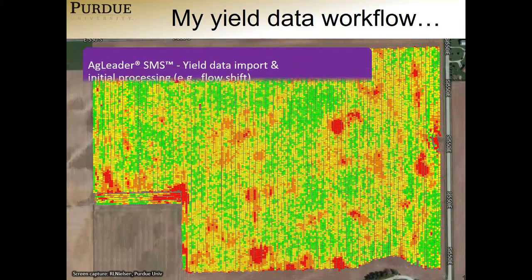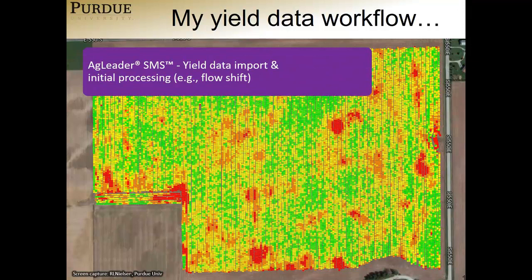This is an 80-acre trial we had. This was another application timing trial that we had up in Miami County. So an 80-acre trial. I happen to use Ag Leader SMS. Again, I'm not promoting that. I'm just saying Ag Leader SMS is one of the most